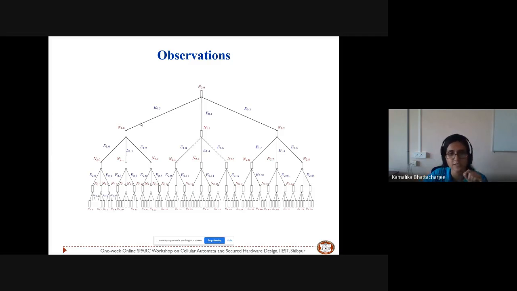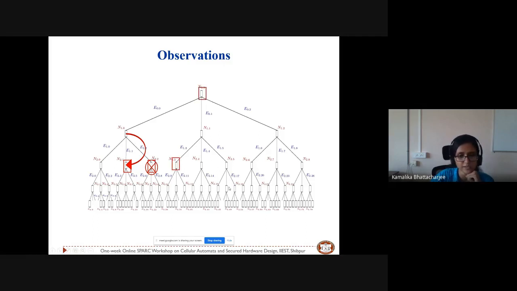Now let us look at the situation that I have talked about. The first situation is, suppose this n2.1 and n2.2 are the same. In that case, these two subtrees, this subtree and this subtree, will be similar. So what can we do? We can just skip developing this part, and to keep track of that edge, which was developing this node, we can add a link from the parent of this node n2.2 to the node which is the duplicate of this n2.2. So we add this link.